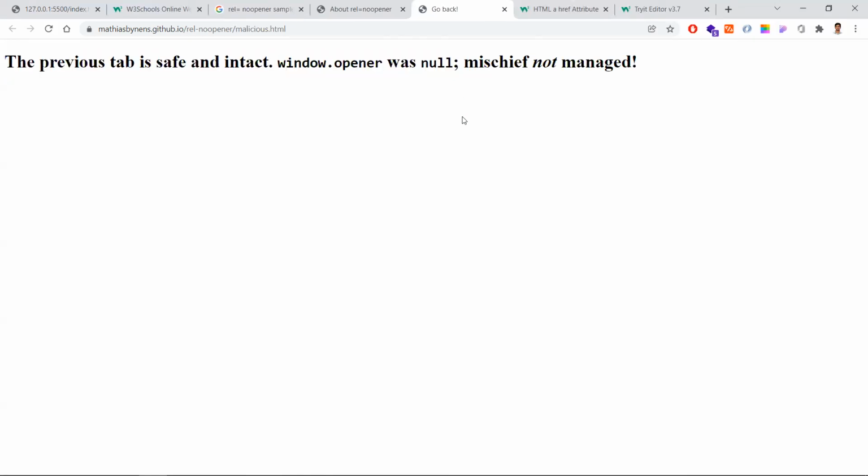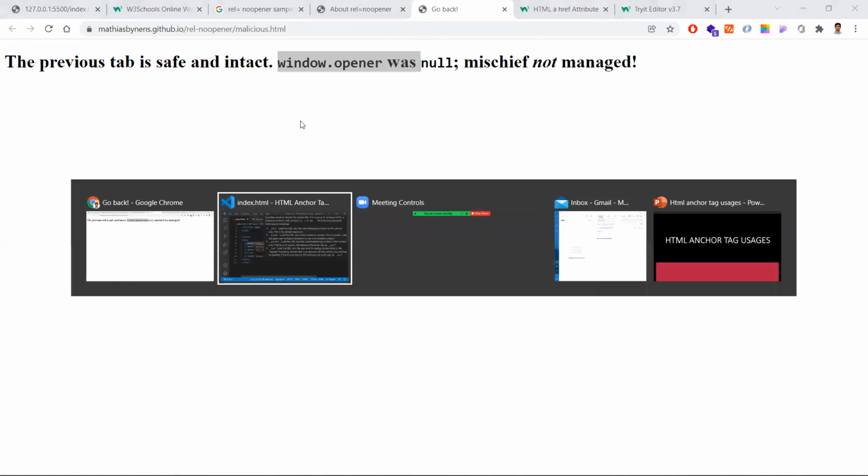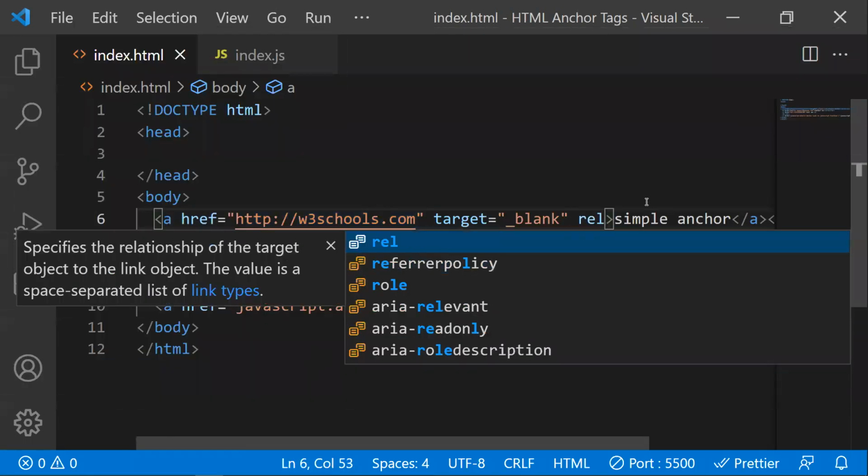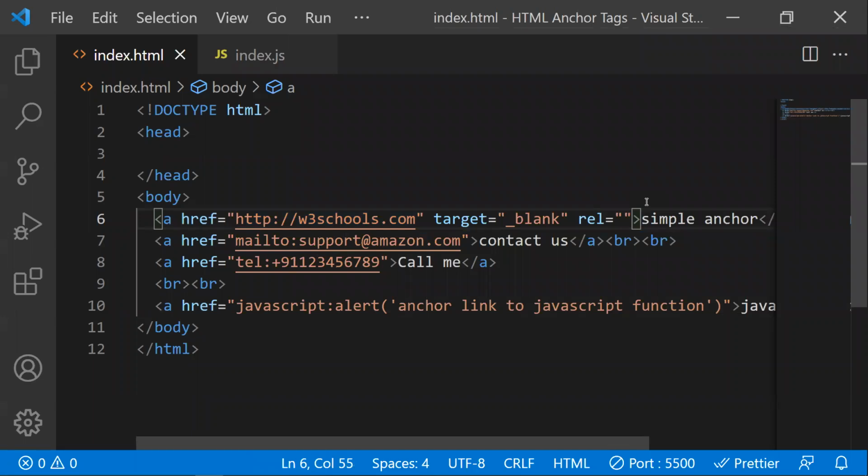In the new tab, this will make window.opener null, so the new tab will not have access to the window object. So there won't be any malfunctions at that point. That's the reason it's very important, while you are using target is equal to underscore blank, to give this attribute, noopener, in order to avoid the security concerns.